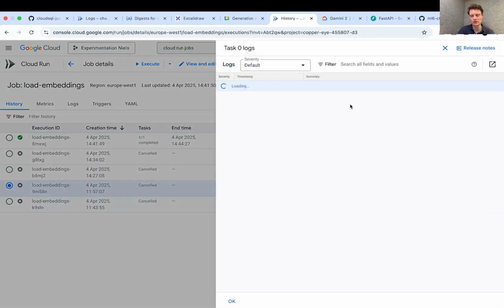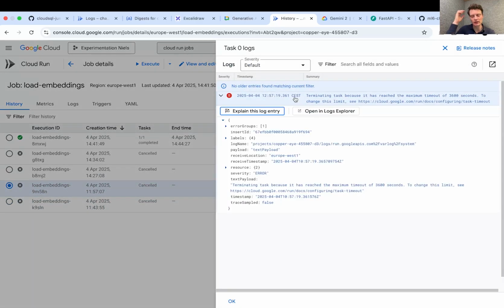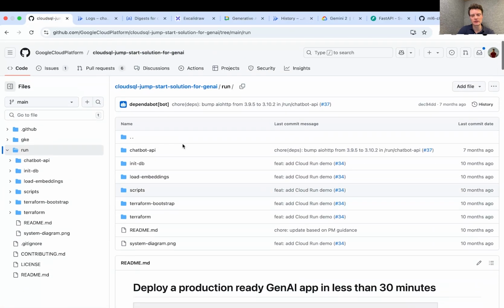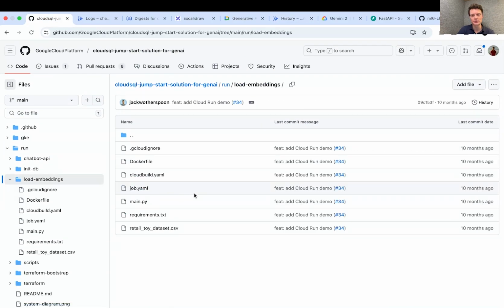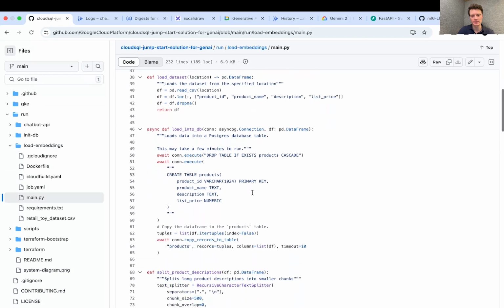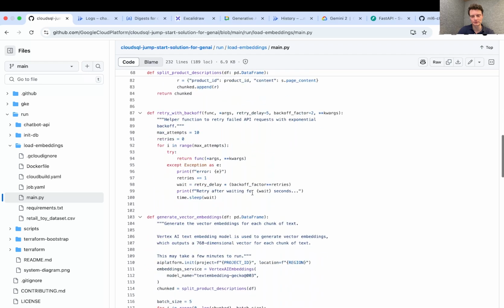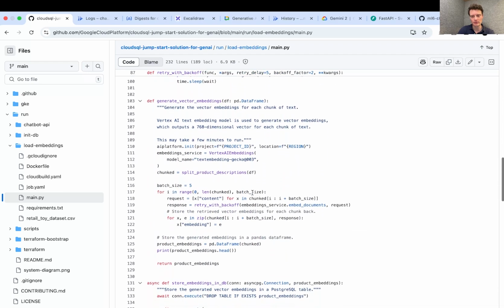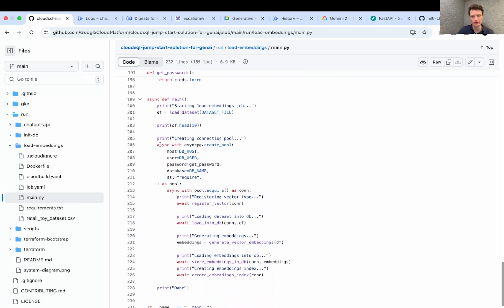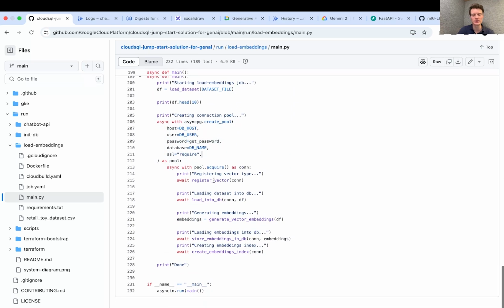Then I just tried it again, but I expanded the timeout to an hour, but even that didn't help. So then I had to debug this a bit. I had to go into the load embeddings step, so I looked into this main.py script and I went over all the code. But everything seemed fine. Here, for example, the connection was made with the Cloud SQL database, but for some reason